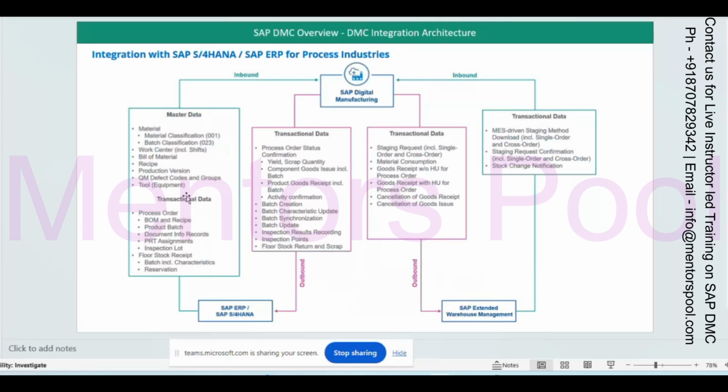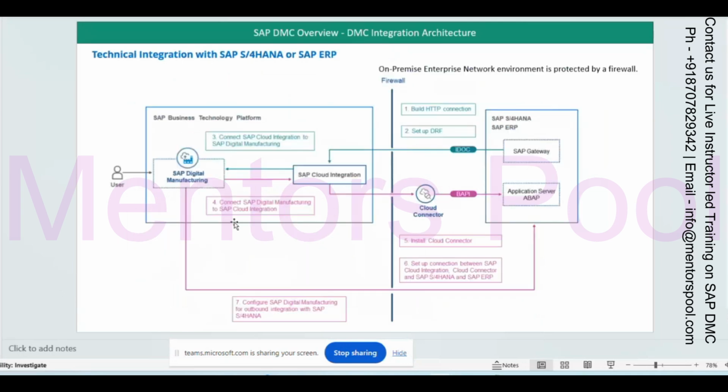This is also the ERP process, almost the same, only a different screen. Here you can see there is an IDOC and a BAPI.